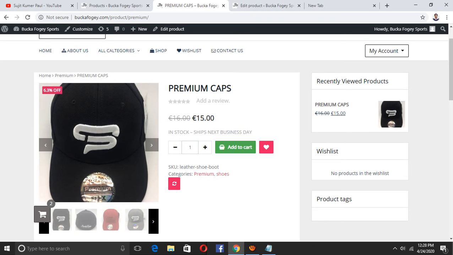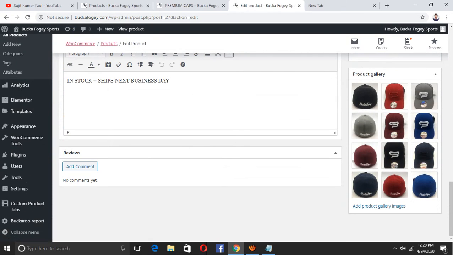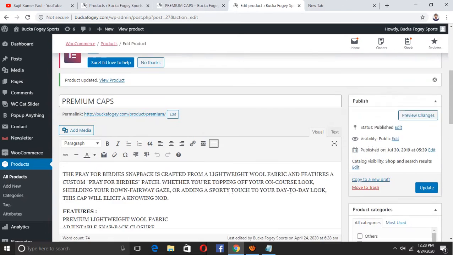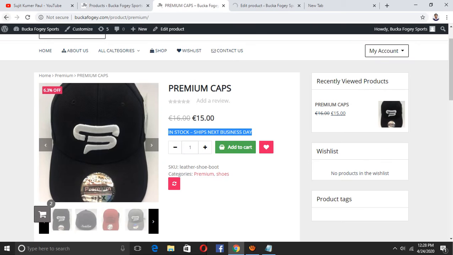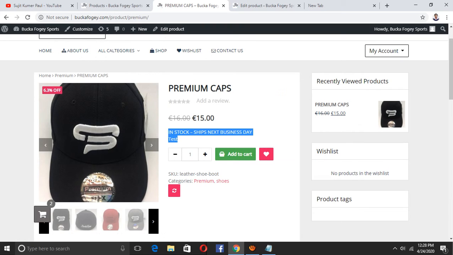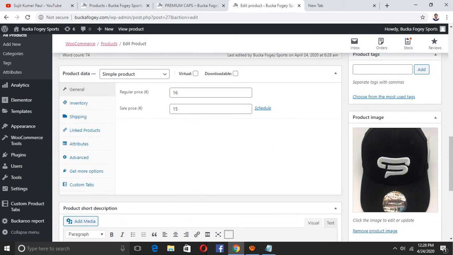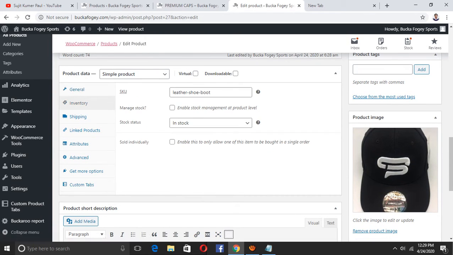Okay, if you want to change this text, then you can do it here. Just a test. I will delete it, I am just showing you. Okay, you can see this. And I can show you this inventory here, like the SKU for sports 01.